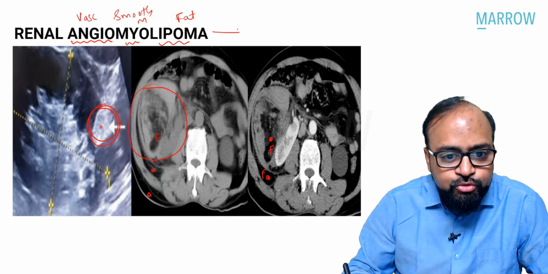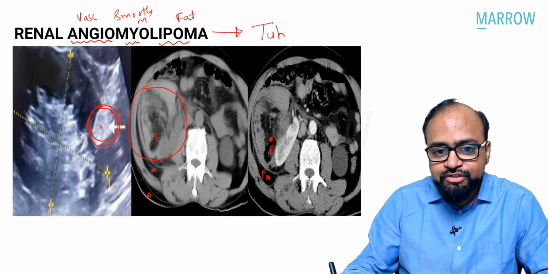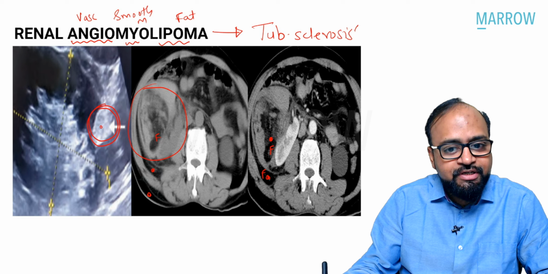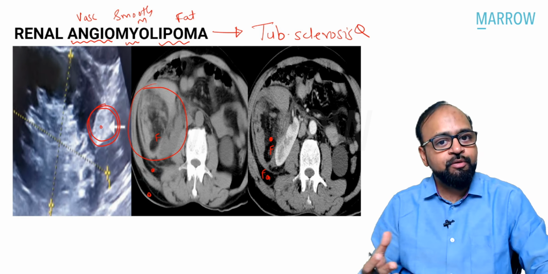angiomyolipoma. Renal angiomyolipoma is associated with a neurocutaneous syndrome. Can you tell me what is that? It is tuberous sclerosis. So it is commonly seen in tuberous sclerosis, where the patient may present with multiple renal angiomyolipomas at a very